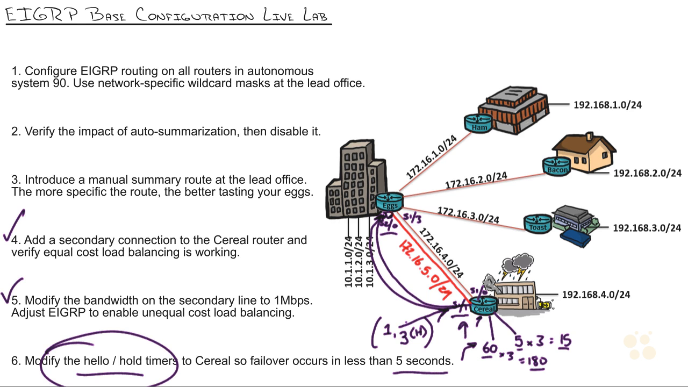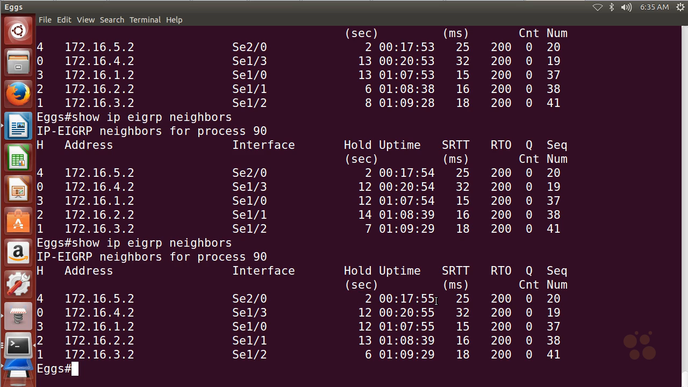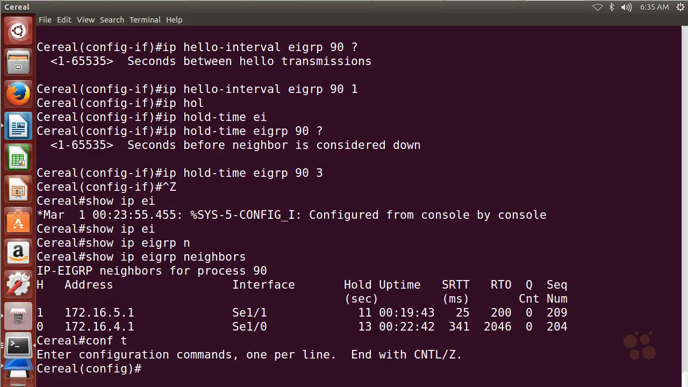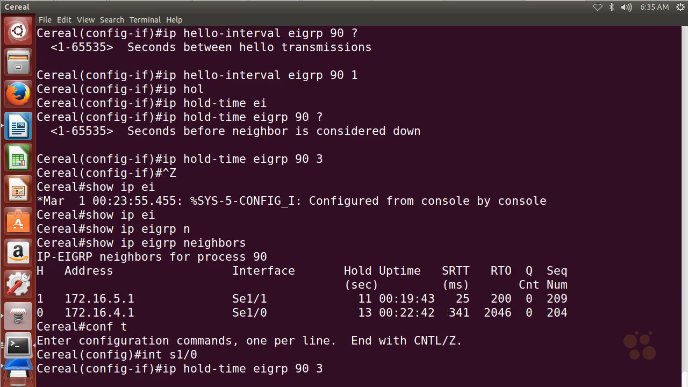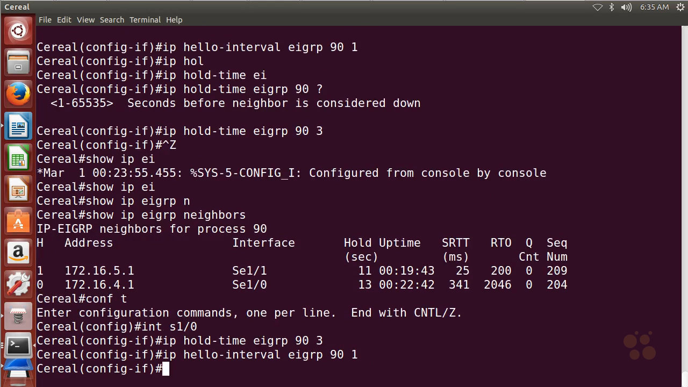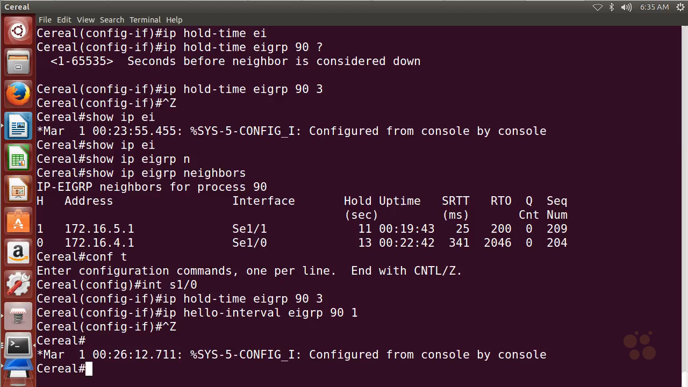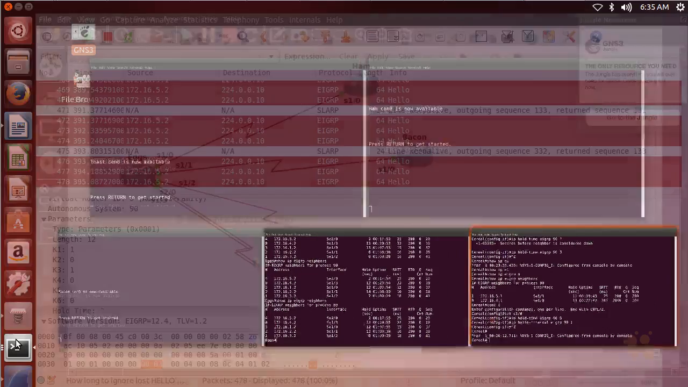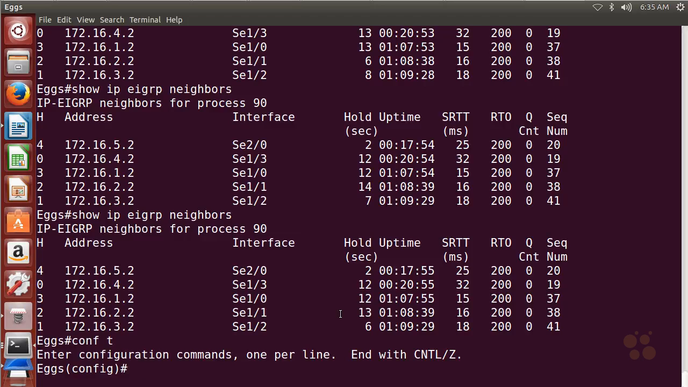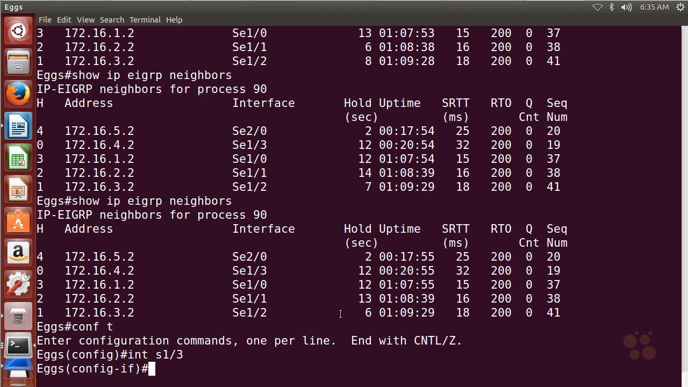So what I'm going to do now is go on every single one of those interfaces on, not eggs, but at least on serial, because our focus is between serial and eggs, right? So I'm going to go interface serial 1/0. I'll just hit the up arrow and do a hold time of 3 and a hello interval of 1. So now I'm saying hello and hold on both of those, but I've got to do it the opposite way as well, right? I've got to go to the eggs router, and on his side of the connection, interface serial 1/3,